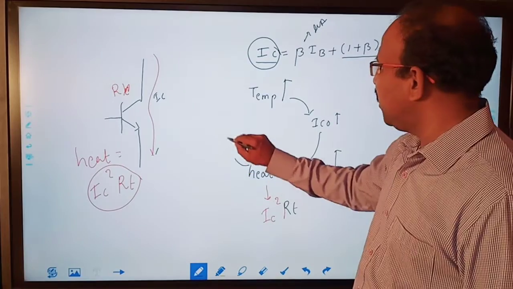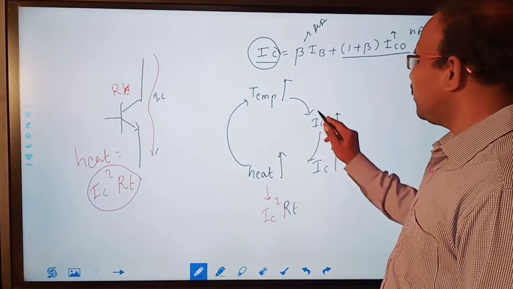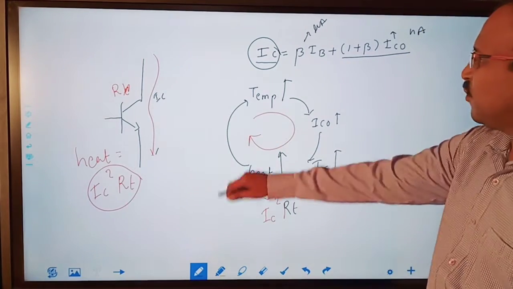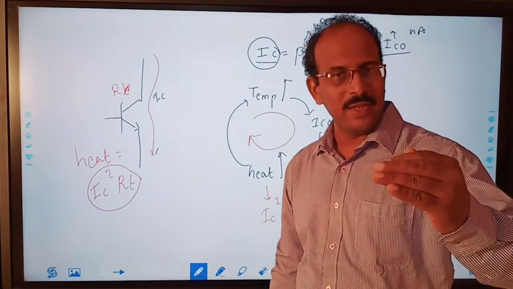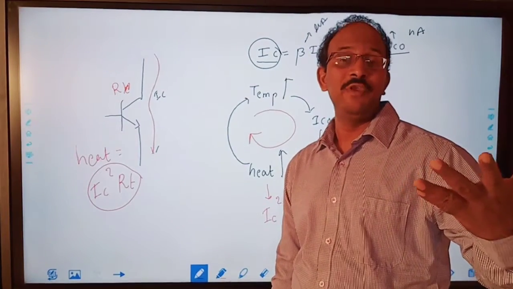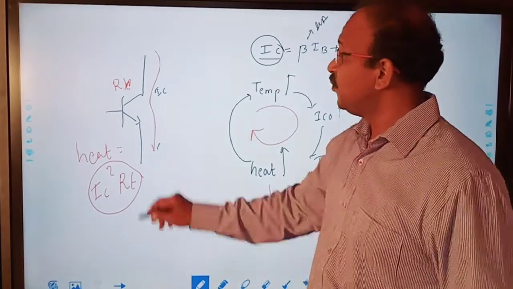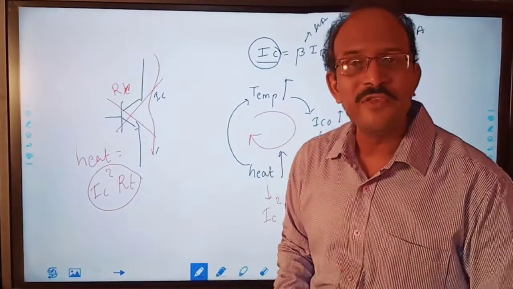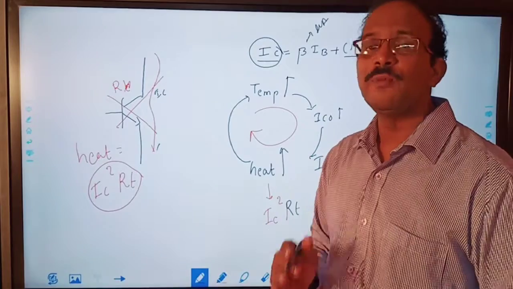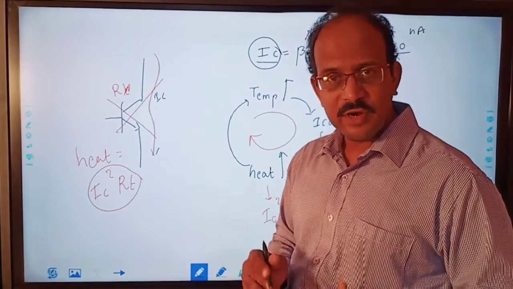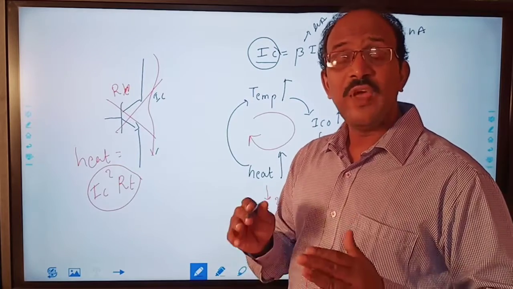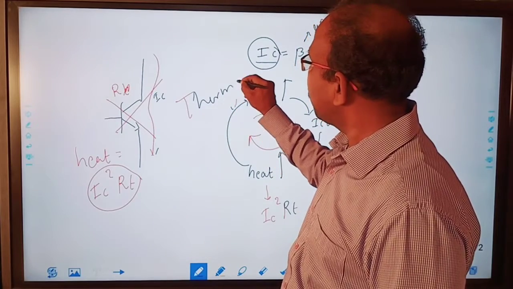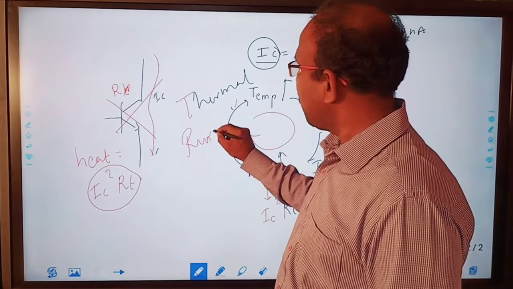So because of heat, again temperature increases. So as temperature increases, I see this particular thing is cumulative, this is repetitive. Correct? And because of that, heat will increase tremendously, and because of excessive increase in temperature, excessive increase in heat, that transistor will burn out. So without doing anything, automatically a transistor will destroy. That is called self-destruction of transistor. Self-destruction of transistor because of excessive heat is called thermal runaway.